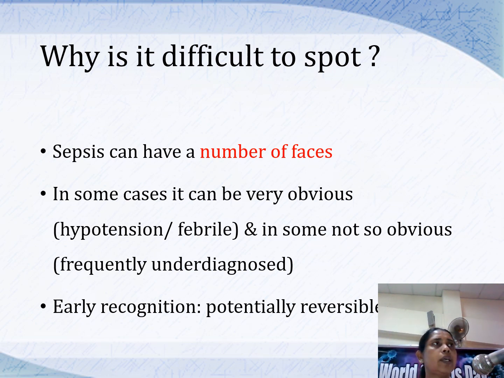If you look at this chart that Dr. Udya Rodrigo was talking about, the basic parameters that we put on the chart may go up. If you run fast, your heart rate will go up, your respiratory rate will go up. So they may be non-specific. I'm just giving a very crude example, but any other illness can also cause tachycardia and tachypnea. So they are not very specific. As I said earlier, early recognition is very important because the condition is potentially reversible